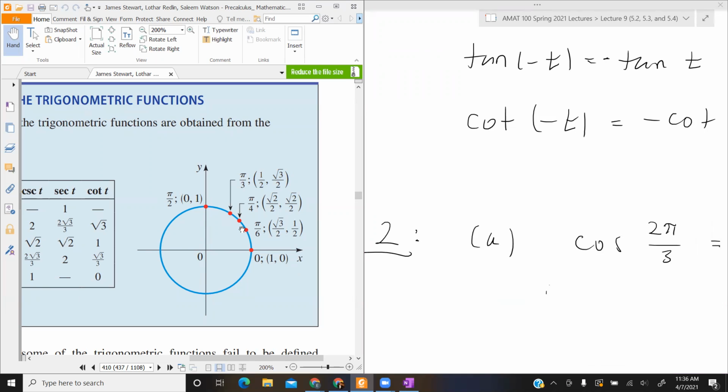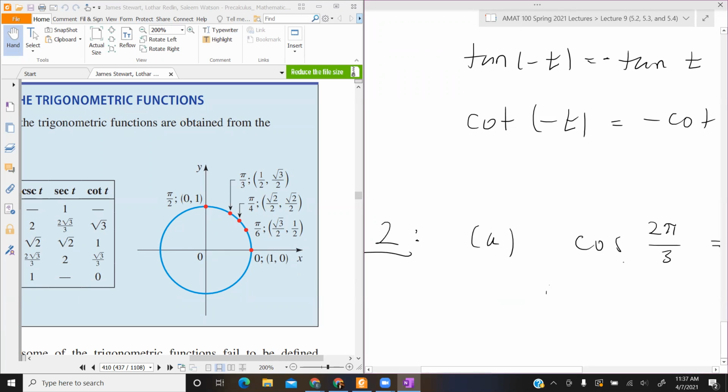Those are the points that divide up the quadrants: 0 or 2 pi, pi over 2, pi, 3 pi over 2, and then back to 2 pi. So we want to compare 2 pi over 3 to those values. Well, it's not hard to see that 2 pi over 3 is less than